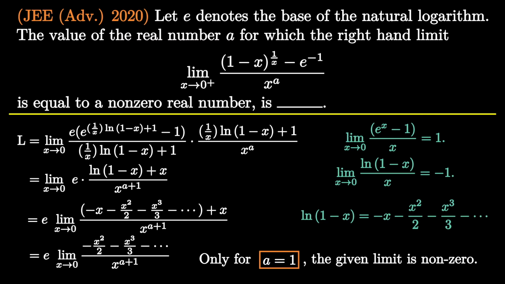We explained the solution in greater detail. This might give an impression that the problem was laborious, but it is not the case. The most difficult part of the problem is the starting point where we expressed (1 minus x) to the power 1 by x in terms of the exponential function and logarithmic function. After that, we followed some routine steps by using a couple of standard limits. And then we concluded the problem by using Taylor series expansion of ln(1 minus x). Instead of the expansion, we could use L'Hopital's rule that could hardly make a difference in terms of the length of the solution. Overall, this was a good problem on limits.